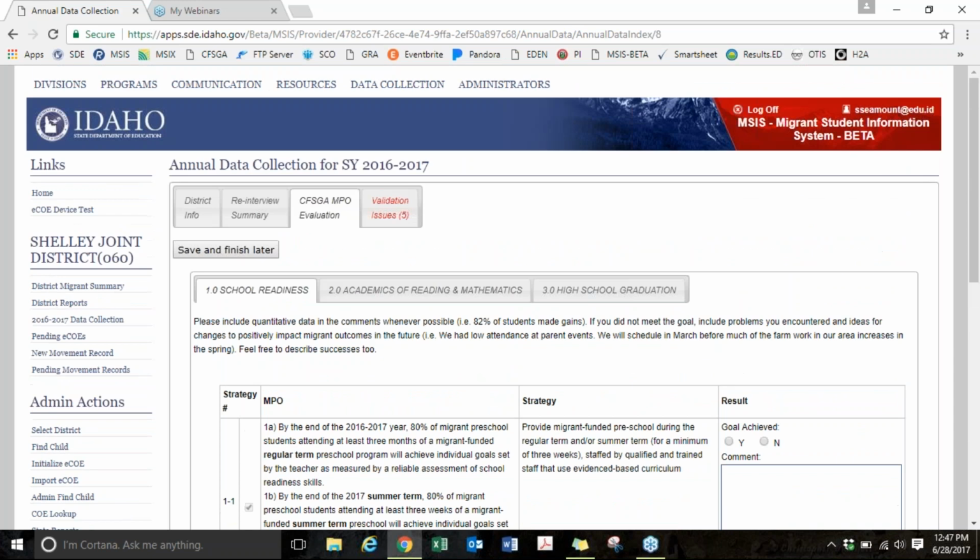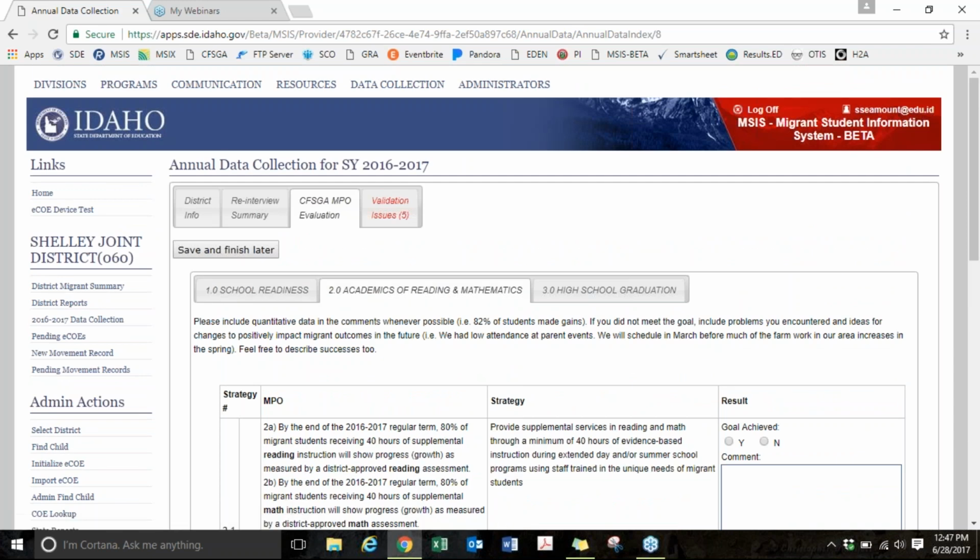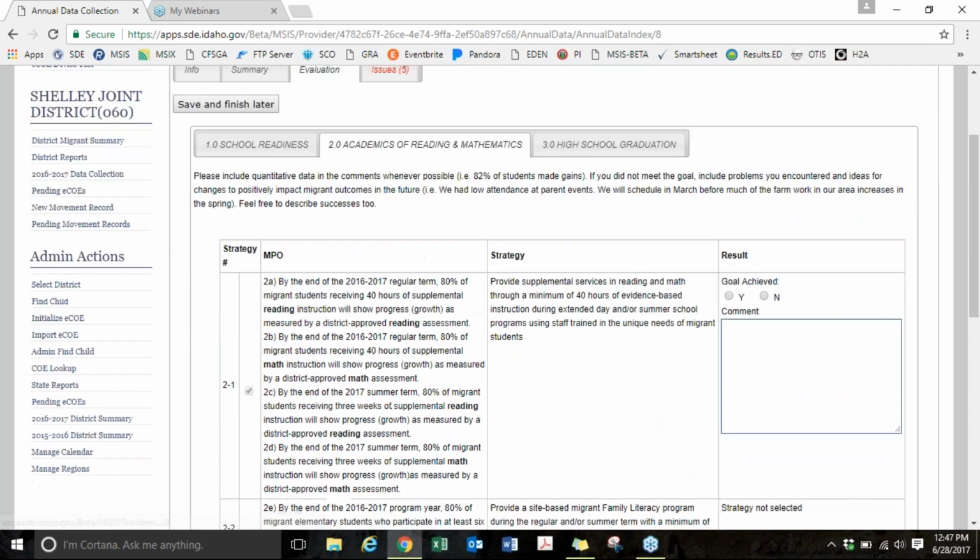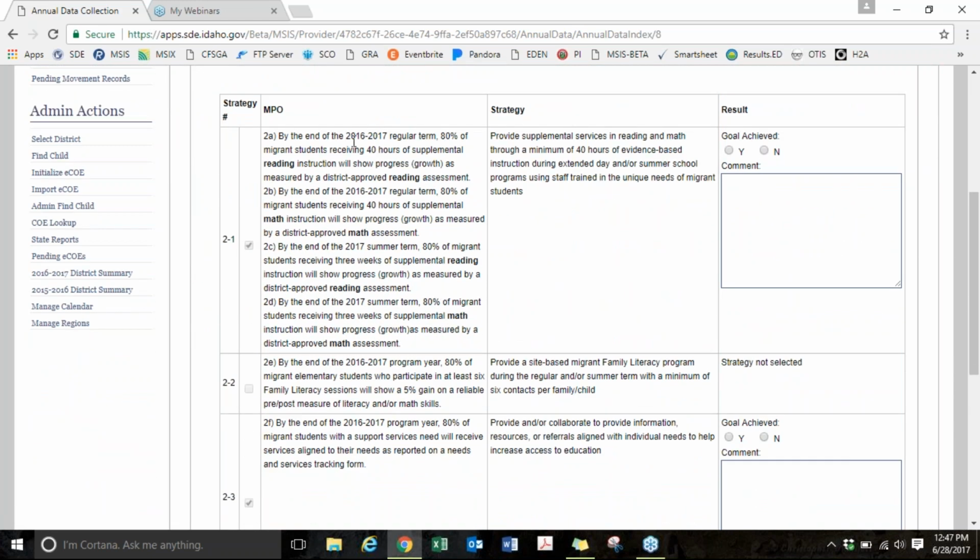All right, so now we're going to look at one of the other tabs. This is the academics of reading and mathematics. So here's an example where this district, which is Shelley, is working on goal 2-1, and they can say if they achieved it, yes or no. And this has to do with providing reading and math supplemental support of 40 hours. And that can be done through summer school, which is probably what is happening in this case. And so they're going to look at their goal, decide if they've made the goal, and then say yes or